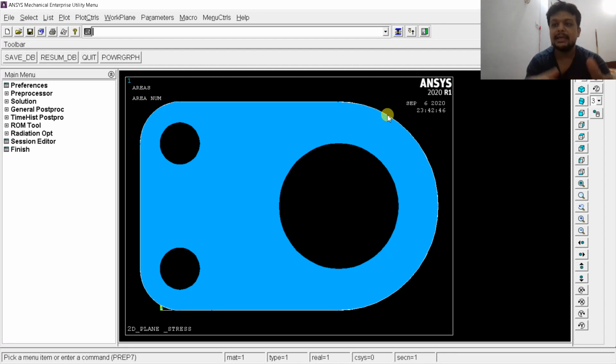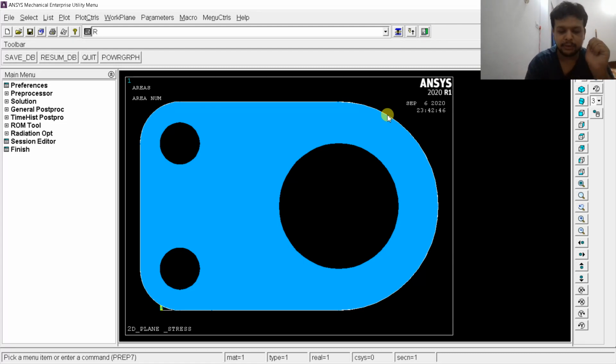So I have to assign a thickness to this element. Here the thickness will be a real constant. What are some other real constants? Some other real constants are like area, mass, moment of inertia, thickness, height, and many more things. Whenever we encounter those things, I will explain. Right now I have to define only one real constant, that is the thickness of the material.